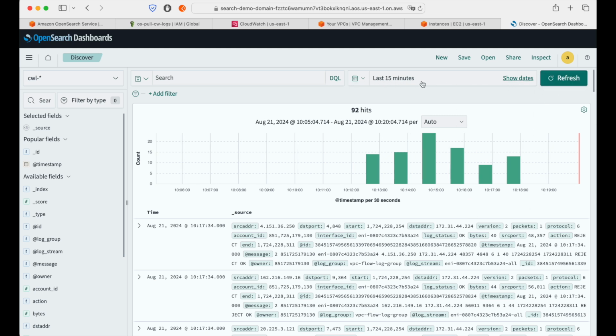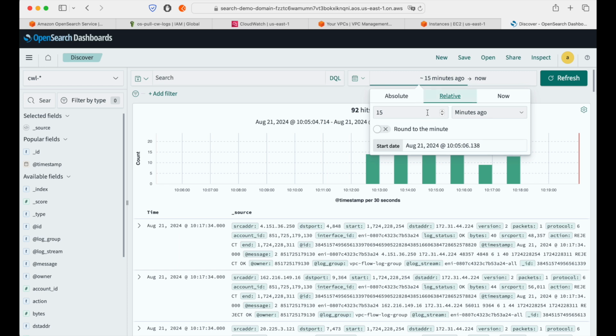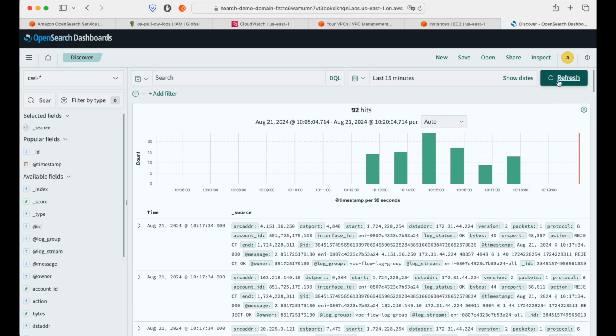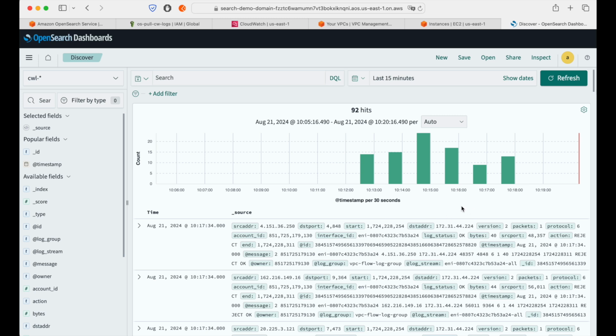You can auto refresh this one, and then maybe on last, I think 15 minutes is fine. So 15 minutes is the one where, in a 15 minute interval, we can see how many logs are coming into this OpenSearch dashboard. And you can also, based on this,